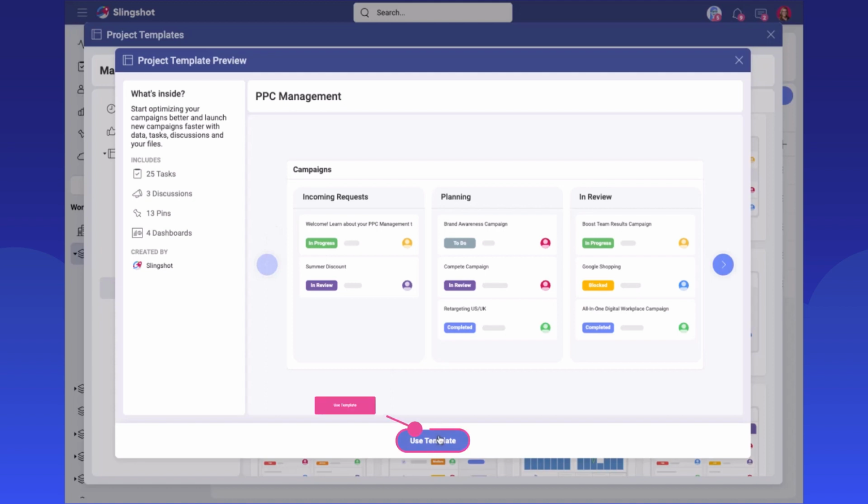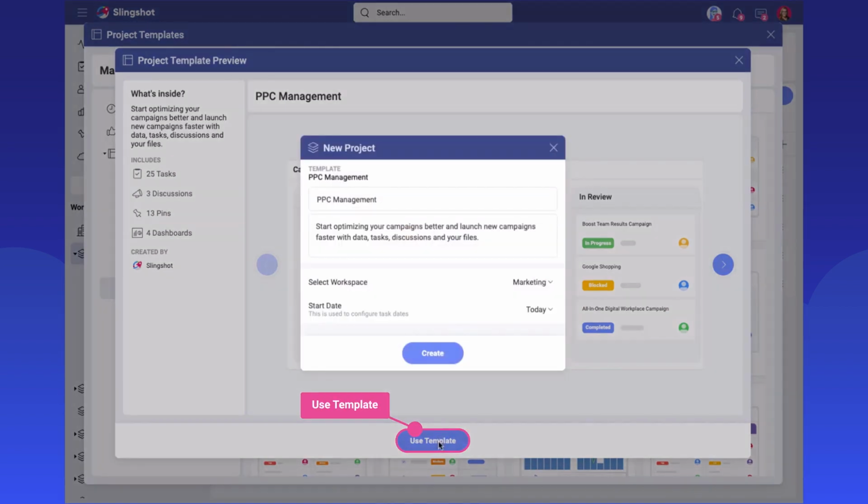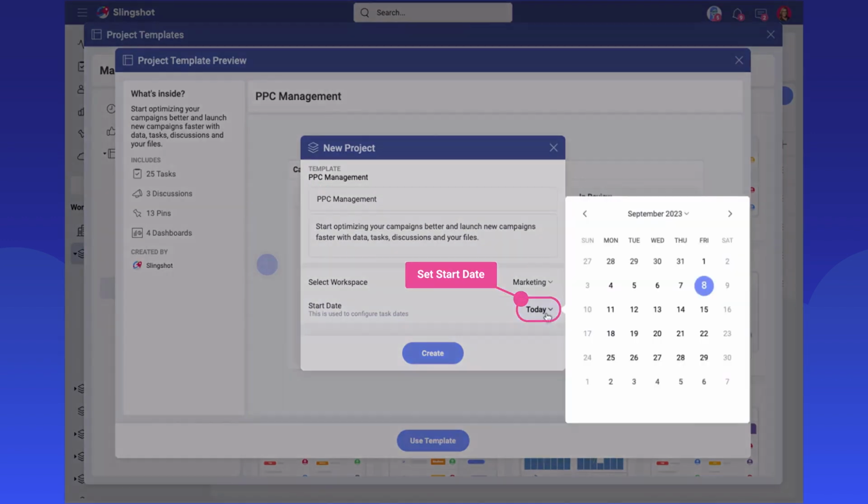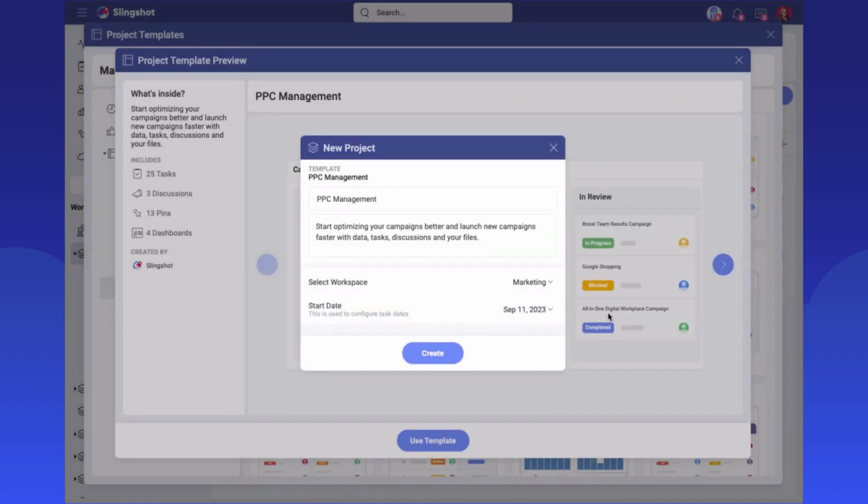So I like this template. We'll click Use Template. You can give it a name for yourself and a description. You can also set the start date. So these will now cascade the dates based on the start date that you select for your project, and then